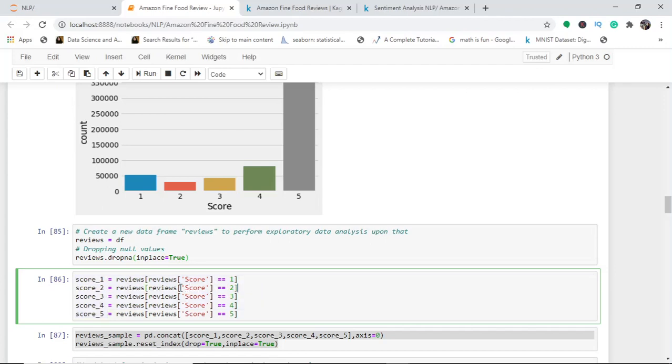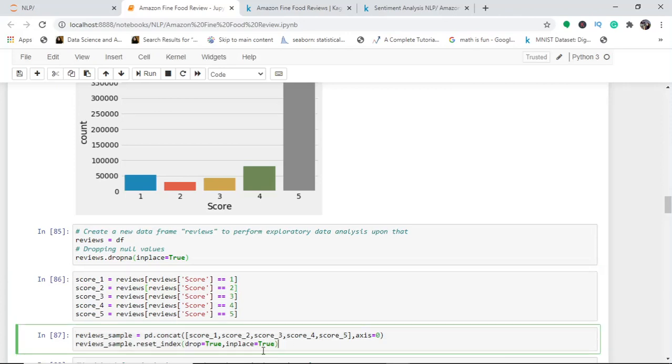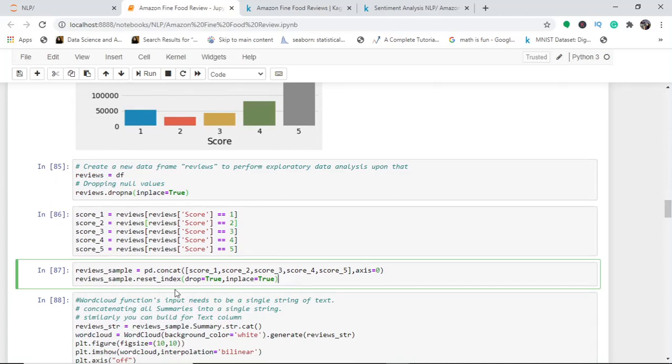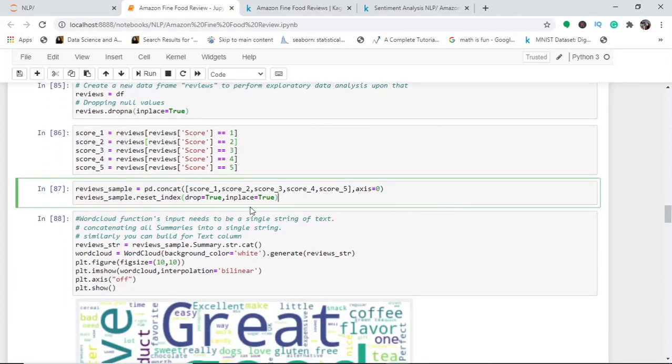What if review score equals 1, review score equals 2, and so on. So this is going to store all these things. Next, I will concatenate all the above, score 1 till 5, and I will use this later on in my code. So I've just used this. Now I will create the word cloud for this